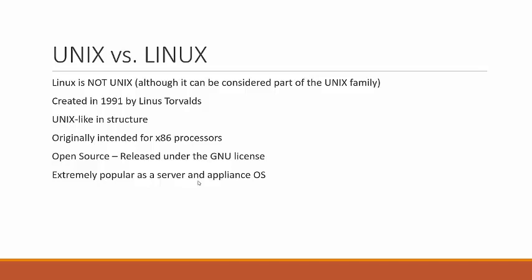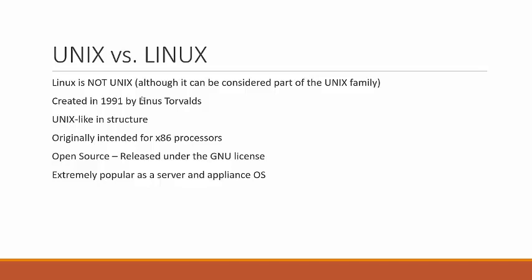In the early 90s, there was a Finnish grad student by the name of Linus Torvalds. And he was a pretty smart guy, pretty big brain guy. He was a computer science student over there in Finland. And he decided that he wanted to have a version of Unix he could run on his home PC. Well, at that time, there was no version of Unix. Like we said, Unix was for high-end, very expensive workstations.